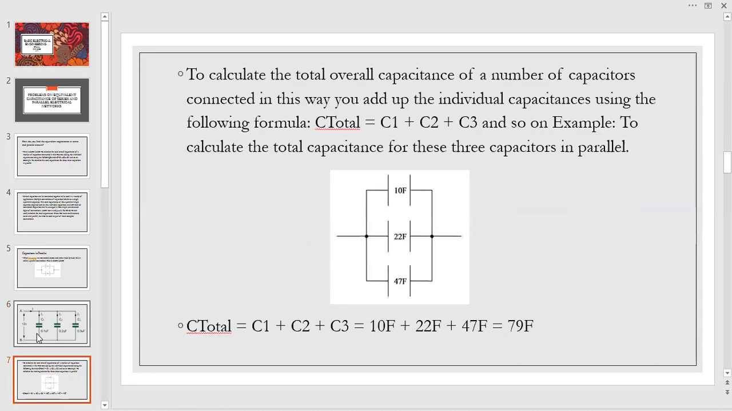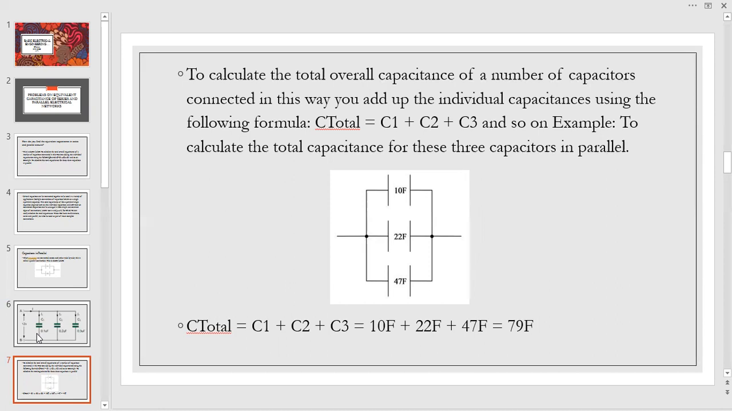To calculate the total overall capacitance of a number of capacitors connected in this way, you add up the individual capacitances using the following formula: C total equals C1 plus C2 plus C3 and so on. Example: to calculate the total capacitance for these three capacitors in parallel,